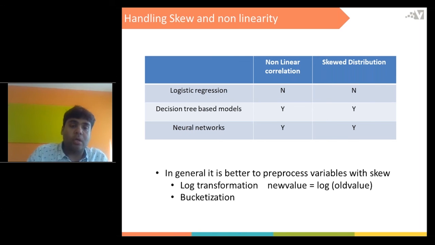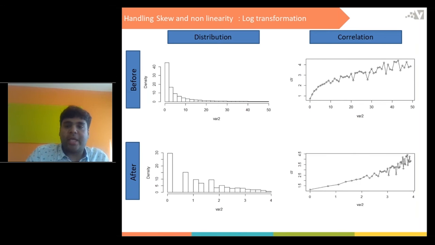I have taken variable 2, which I showed earlier, and again plotted the distribution and correlation. The top part shows how the variable was behaving before, and then after log transformation, the distribution is still on the skewed side, but relatively the skewness has come down, and we can see some bins in the middle of variable 2.